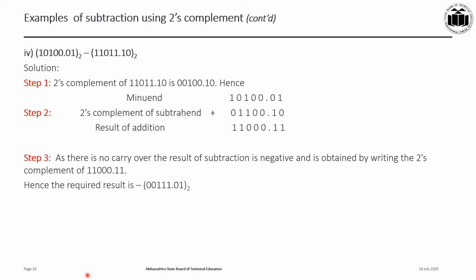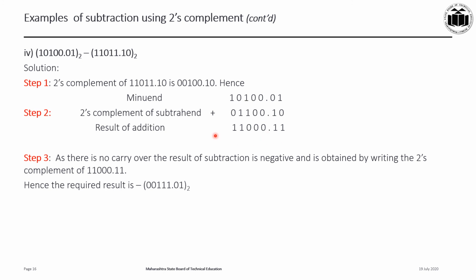Take one more example. Here it is 10100.01 minus 11011.10. So it is an example with a binary point. Again, step 1 is to take the 1's complement of 11011.10, and that is 00100.10. Again in step 2, you add the minuend and the 2's complement of the subtrahend, and what you get is